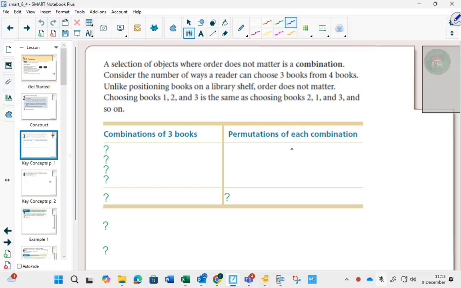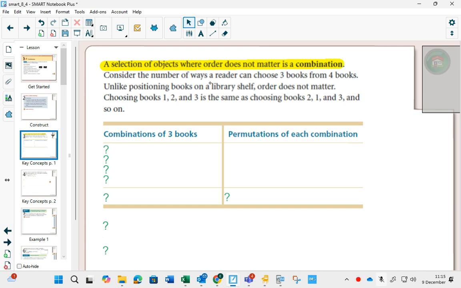The first part of this unit was on permutations. The second part of this unit is on combinations. Sometimes we want to order things. That's what permutations was about, putting things in order. Sometimes the order doesn't matter. Okay, so